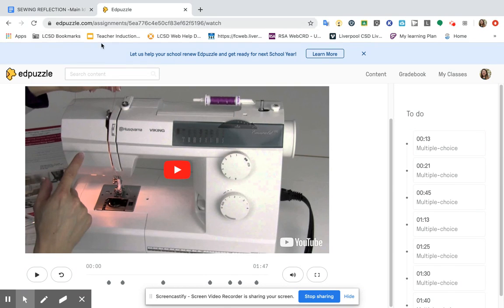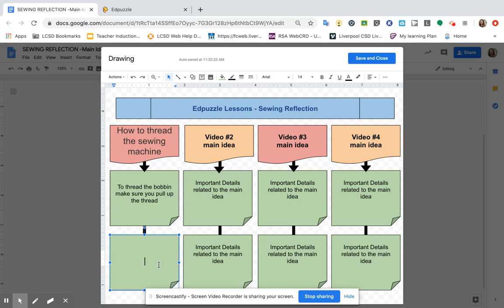Maybe another one was following the arrows to add the thread. Make sure the thread clicks into the pickup lever